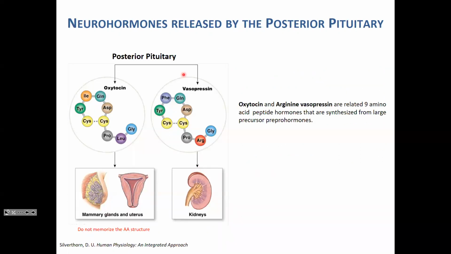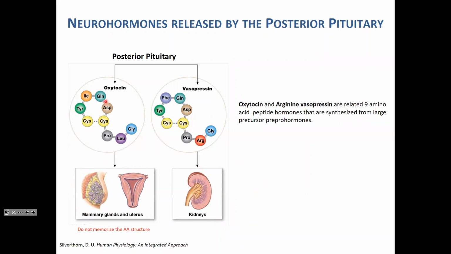All right. So here are the structures of both of those hormones. I don't expect you to memorize the structure. They're both 9 amino acid peptide hormones. You see that arginine vasopressin is called arginine because this is an arginine right here. In other species, this is a lysine. For instance, in porcines, it's lysine vasopressin, with lysine instead of an arginine. And below, I'm showing you the target